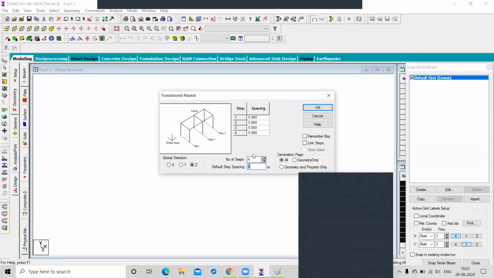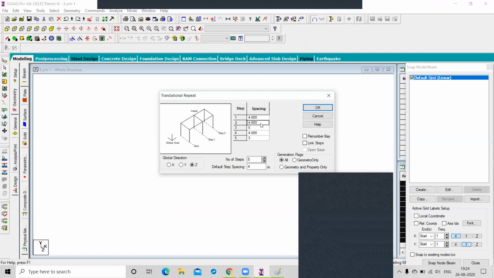What is the default spacing you want? 4. Sometimes there is different spacing. You can give 4, you can give 3, and you can give 5 here.